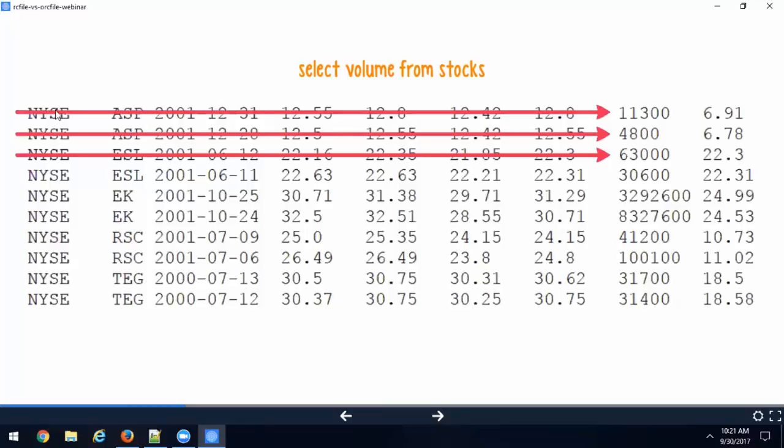We're not interested in the date. So you have to skip all these columns and go to the volume column, right? Then you have to do the same thing for row 2. Then you have to do the same thing for row 3, right? So you're reading and skipping a lot of unwanted columns to reach volume. And it's almost at the very end, right? And this you have to do for every single row in your table.